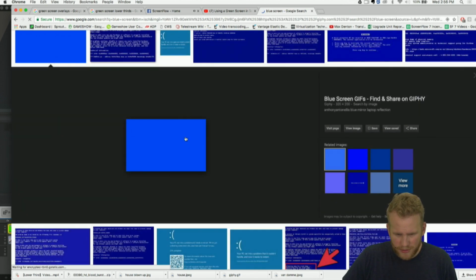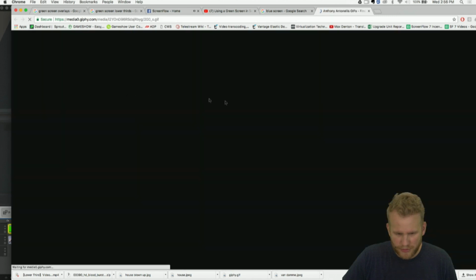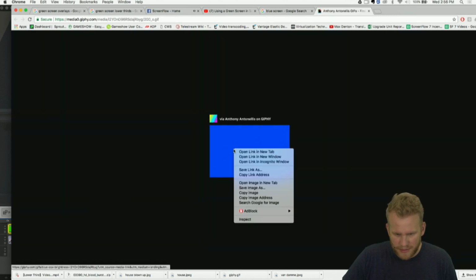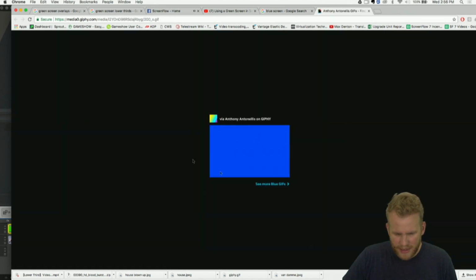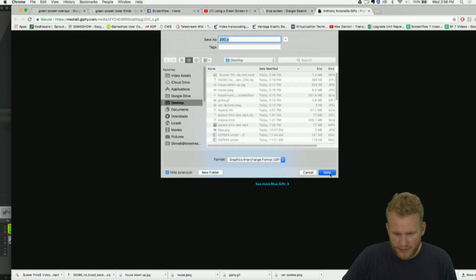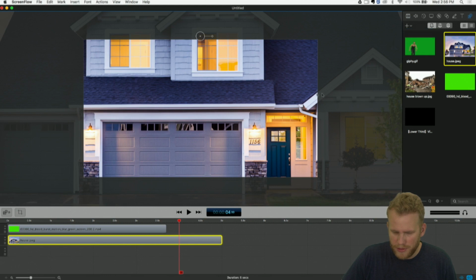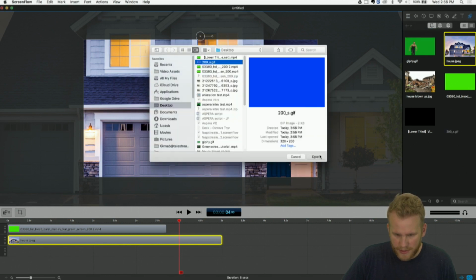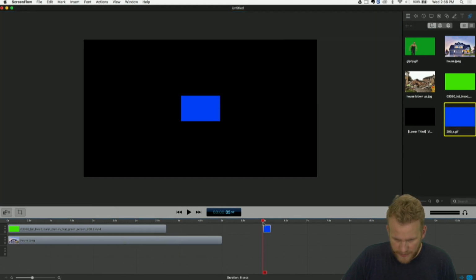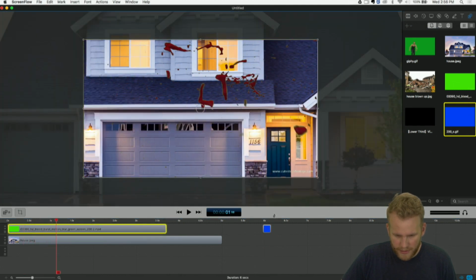Pretty sure you can use this too. So let's view this image real fast. Let's save image to my desktop. Come back here and pull in a new piece of media. This thing looks like it was a GIF. All right, let's make this a lot bigger